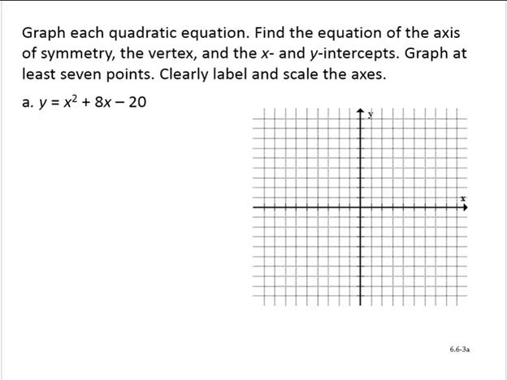Graph each quadratic equation, find the equation of the axis of symmetry, the vertex, and the x and y intercepts. Graph at least 7 points, clearly label, and scale the axes. Alright, so let's first note that this opens upward,